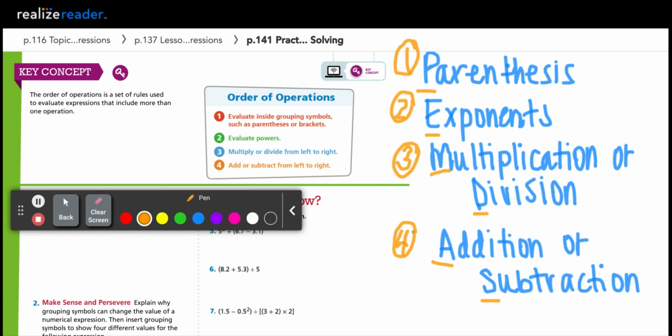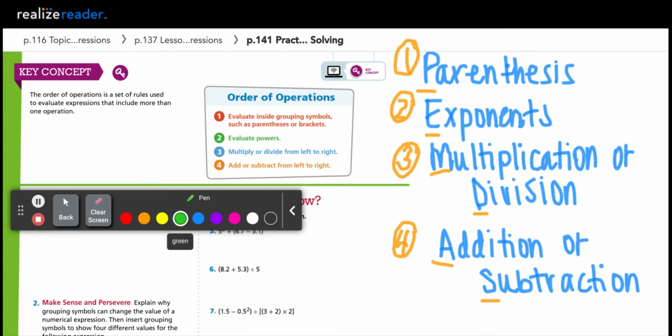And I also want to share this song that one of my sixth grade math teachers, or my only sixth grade math teacher, shared with me when I was in sixth grade, and it still helps me to solve the order of operations today. So the song goes,